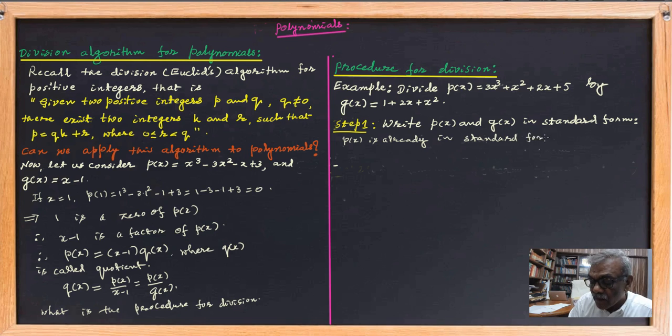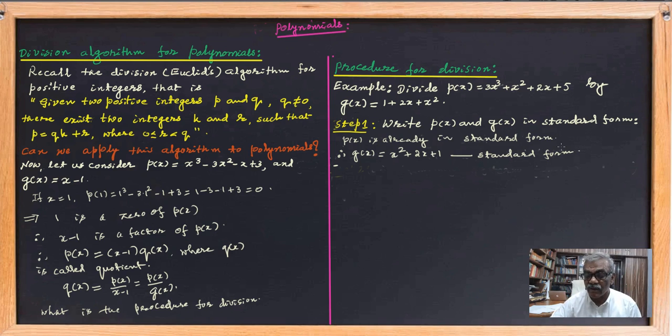But g(x) is not, so g(x) can be considered in standard form as x square plus 2x plus 1; this is the standard form. Now I would like to go to the second step, dividing p(x) by g(x). What is the quotient? To do this, we can see here